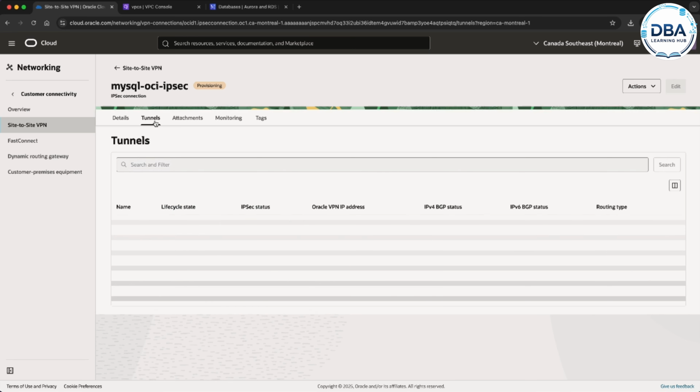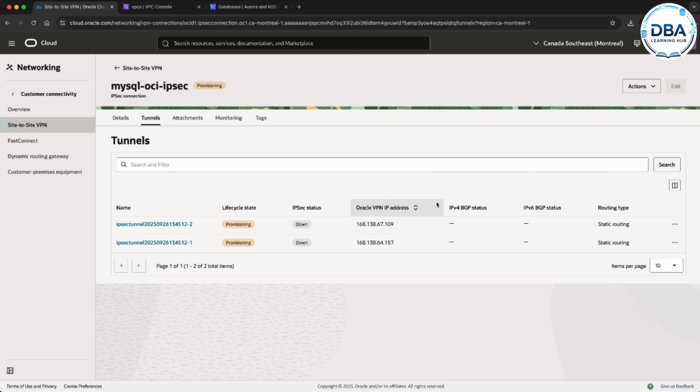So here in the tunnels you will see the IP is there. Okay, so we will take this IP, Oracle VPN IP for tunnel 1. Here, like by assuming that -1 as a tunnel 1. Okay,